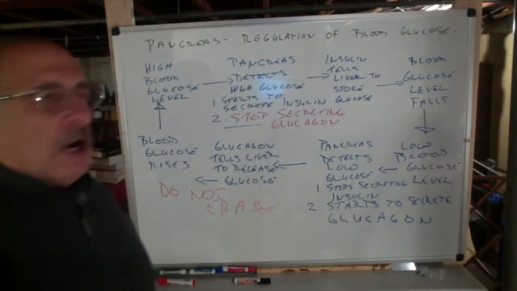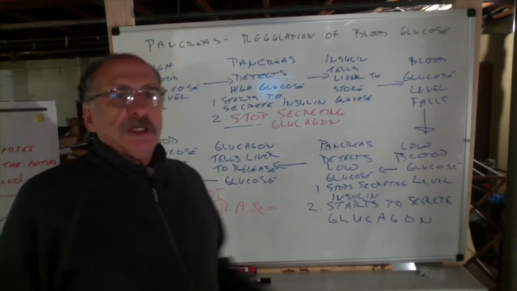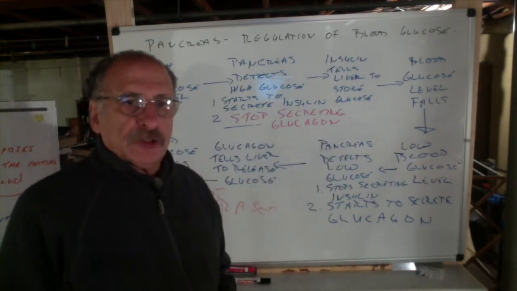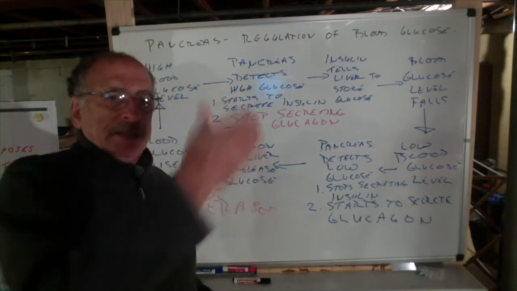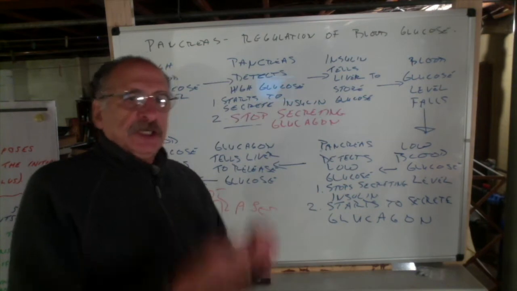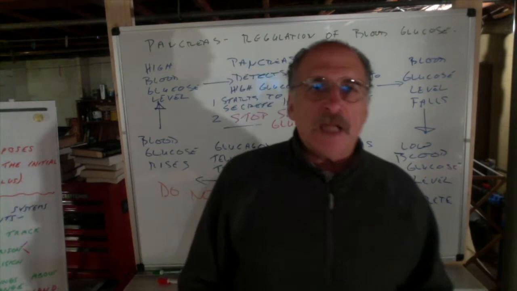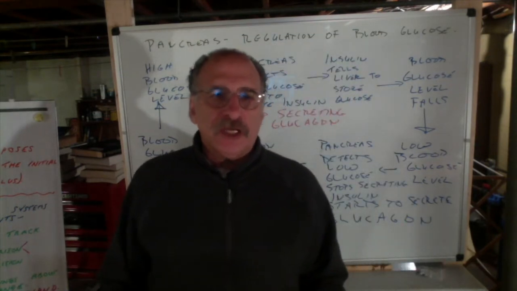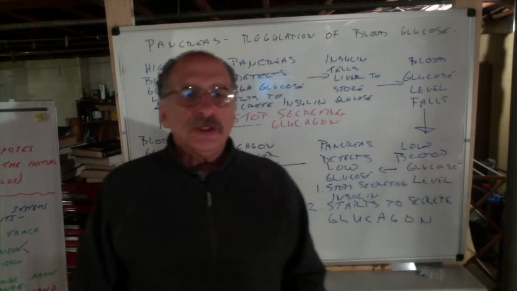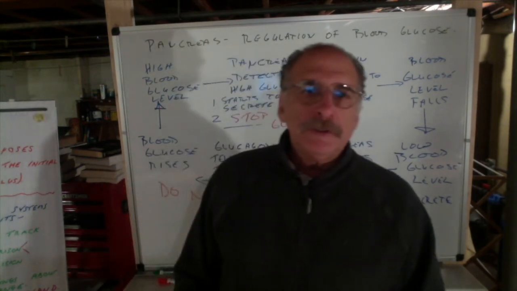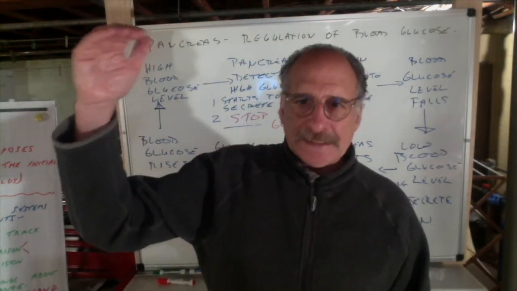So if you ate a carbohydrate-rich meal, which usually would mean a lot of starch, and starch is a necklace-like molecule made out of beads called glucose, you break that necklace up, you digest it into the individual beads that are glucose molecules. Those are small enough to get absorbed into the blood. So roughly 45 minutes to an hour and a half after you've eaten a carbohydrate-rich meal, your blood glucose is going to be on the high side.